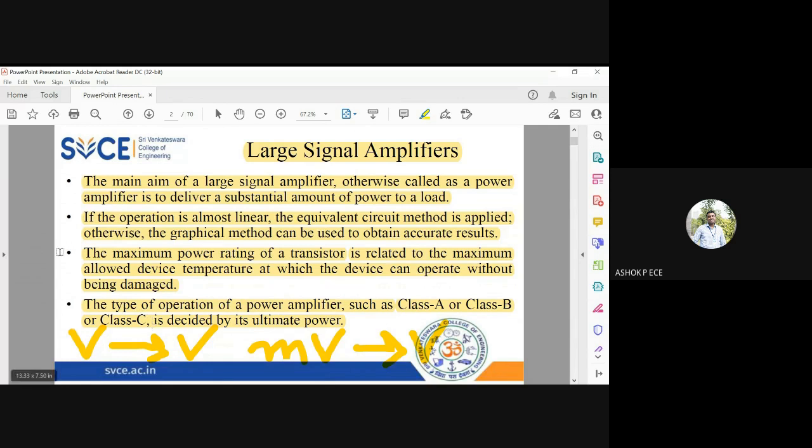And remember, all these amplifiers come under the category of large signal amplifiers. In large signal amplifiers the input to the amplifier is in the order of volts, and the output is an amplified version of the input, so it will be hundreds of volts. So the power delivered will be very, very huge. That is the reason why I am going to go for large signal